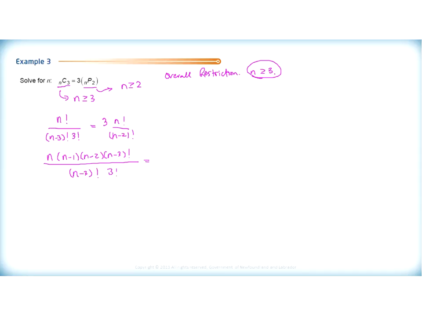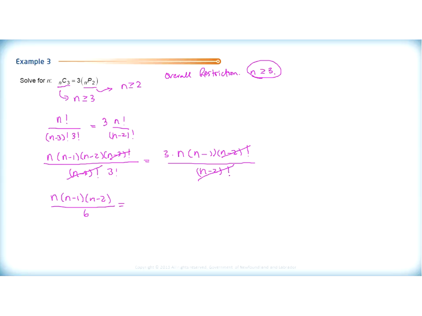Times 3 factorial equals 3 times, and I need to do the same thing with the n factorial and the n subtract 2 factorial. I break down the n until I get to n subtract 2. So I get n times n subtract 1 times n subtract 2 factorial over n subtract 2 factorial. These will cancel. These will cancel. That eliminates my factorials, and I want to get rid of the factorials, and I've done that now. All I need to do now is simplify what's left. I end up with n times n subtract 1 times n subtract 2 divided by 3 factorial, which is 6,